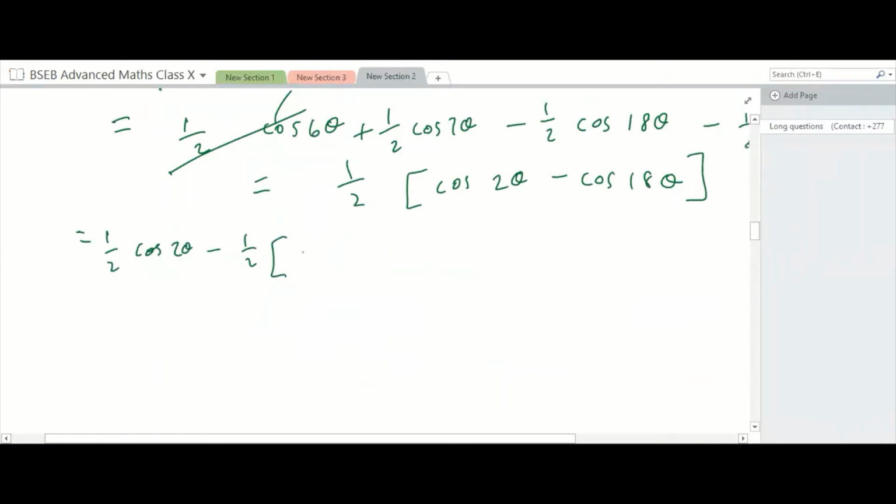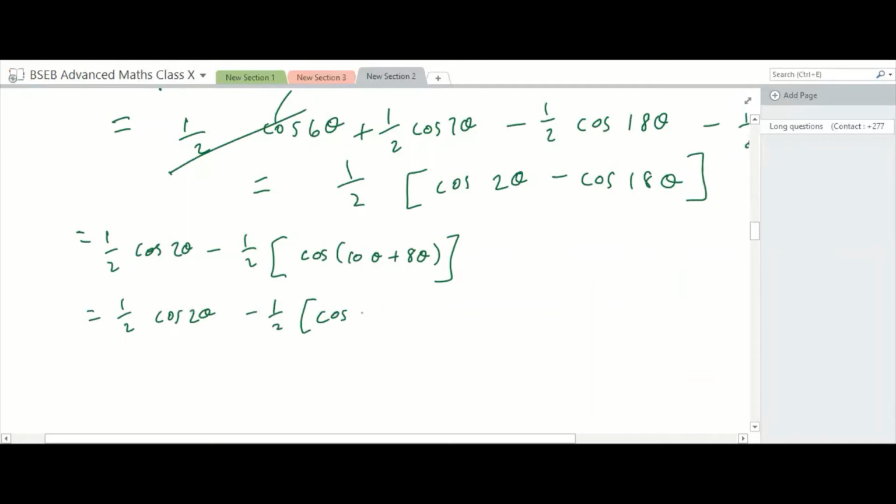We can break it down in terms of cos of 10 theta plus 8 theta, which is equal to half cos 2 theta minus half